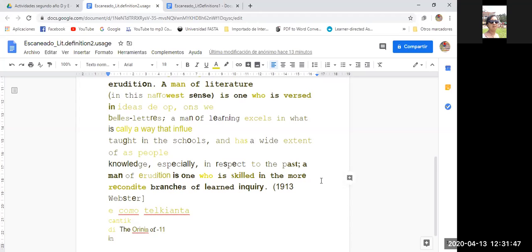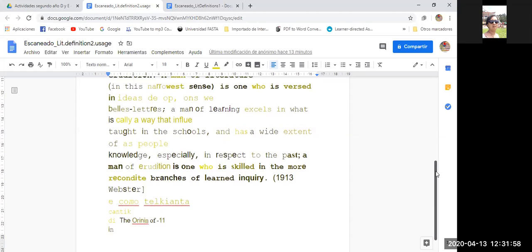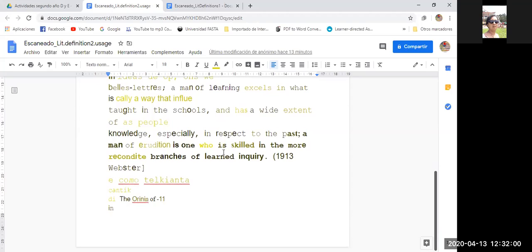A man of erudition is one who is skilled in the more recondite branches of learned inquiry. Those are the definitions of man of learning and man of erudition. Okay, this is about the usage and the ones who are devoted to writing literature of any kind.